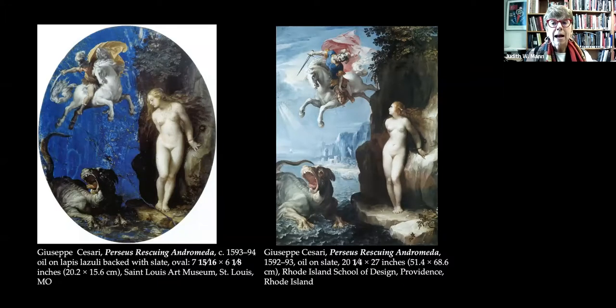And so as I further researched this particular painting, which I think most agree, Herwarth Röttgen puts at 1593-94, it is at this moment when artists are changing from the practice that's really put into place systematically by Sebastiano del Piombo. Most studies of painting on stone really go back and look at ancient examples, and there are periodic attempts, but this more systematic usage of stone and appreciation of stone as a support for painted imagery, I think really grows out of this kind of competitive atmosphere in early 16th century Rome,